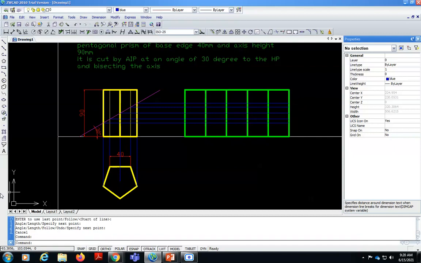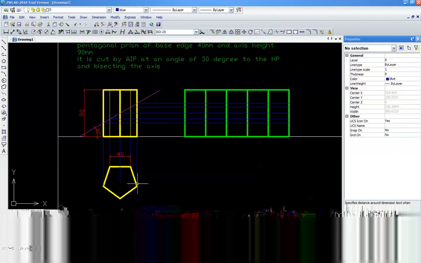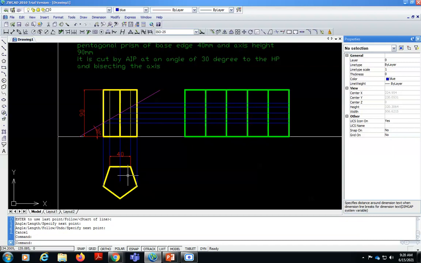Now I am giving these numbers as 1, 2, 3, 4, 5 for the base corner points, and for the top surface vertices, suppose A, B, C, D, E, like this.